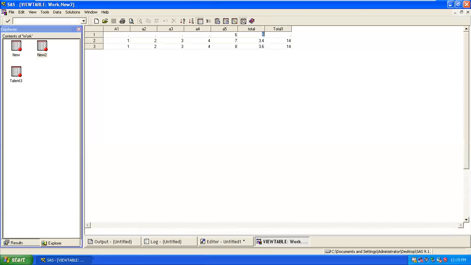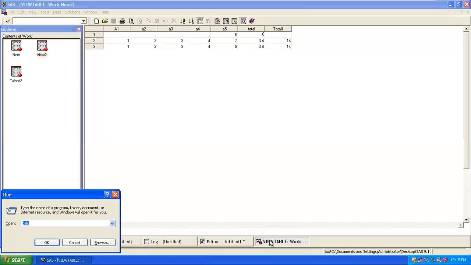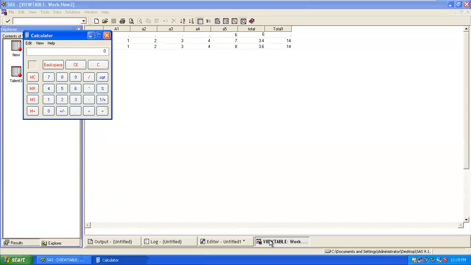So the mean which you are looking at over here is 6, which is nothing but 6 divided by 1. So this is sum, right? Not sum, this mean. Okay. 6 divided by 1, you'll end up with 6 only, correct?